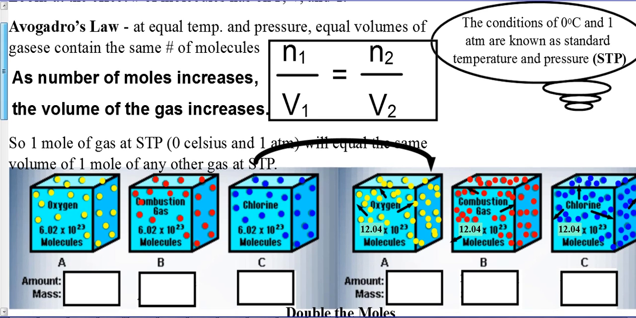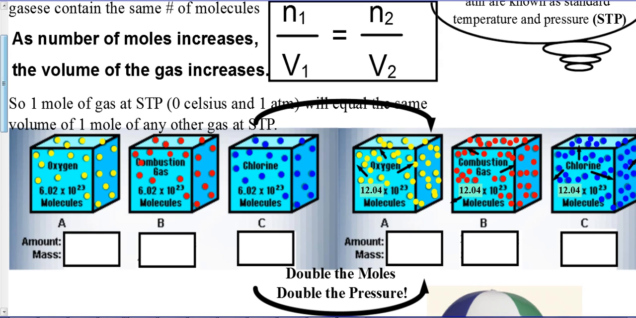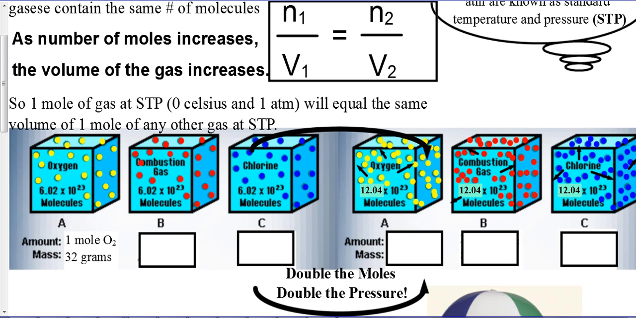And these boxes down here are the exact same idea. If you have 1 mole of gas at standard temperature and pressure, it will equal the same volume of 1 mole of any other gas. If you have 2 moles of that gas, you're going to have 2 times the amount of molecules, therefore 2 times the volume. As you can see here, 1 mole of oxygen gas is 32 grams,